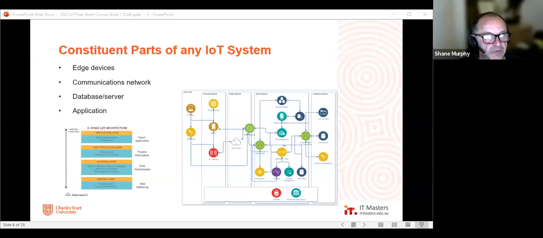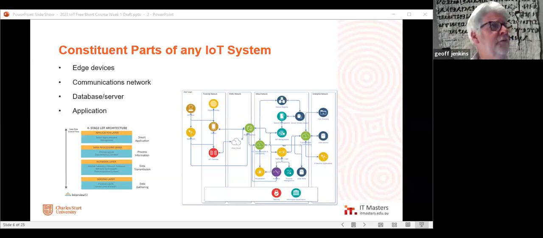Absolutely. I thought we might also pause here for a couple of questions before we move on, because we've got a few here. Jeff, I thought you might know the answer to this one. How are IoT outputs related to big data? Maybe that's something you'll go into in more depth in future weeks. Yeah, we'll look at that, I think, in week